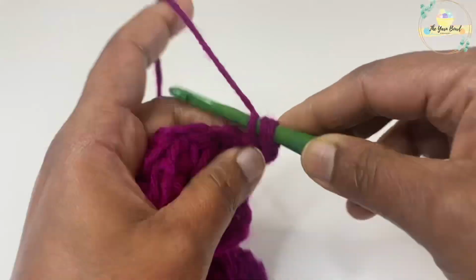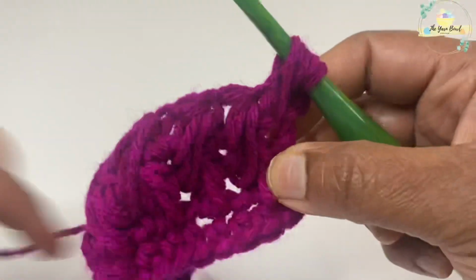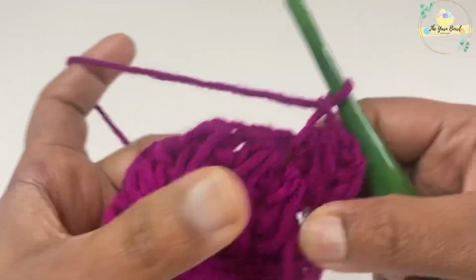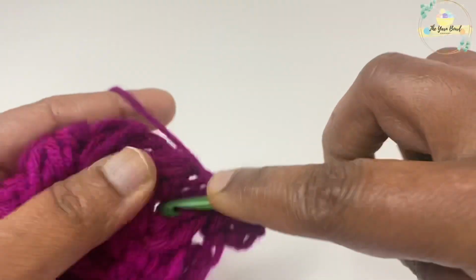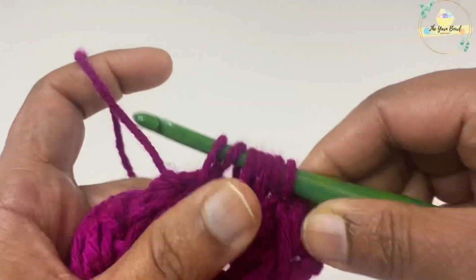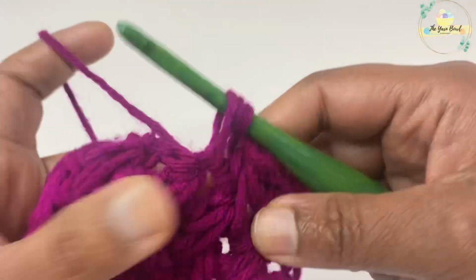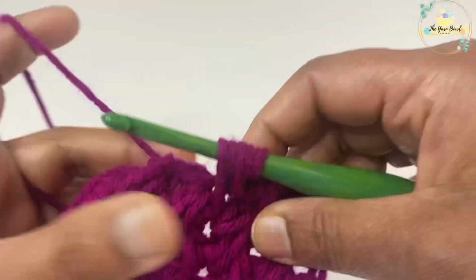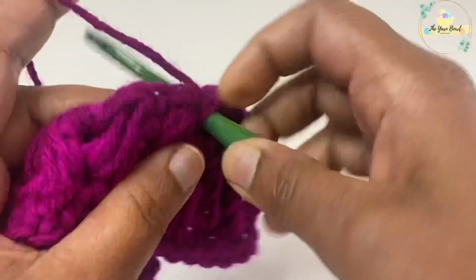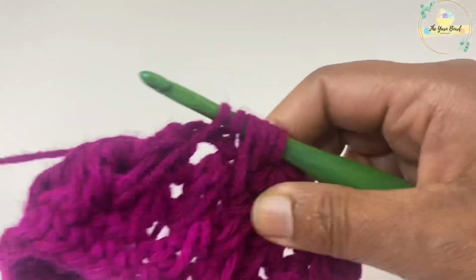I will work a chain 1 turn, and then I work 1 half double crochet on the same stitch, and then I work feather stitches: yarn over, insert my hook on the chain 1 space of the working row, yarn over, insert my hook on the chain 1 space of the previous row, which is right below the stitch that we are working, and yarn over, insert my hook on the next chain 1 space of the working row. We will have 7 loops on the hook. I will yarn over, pull through all the 7 loops,